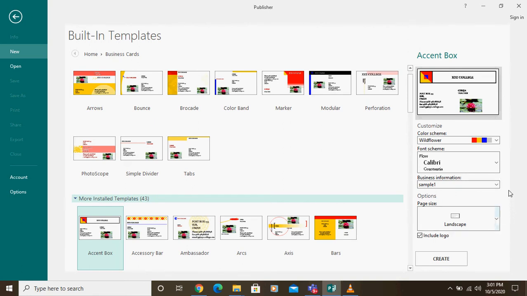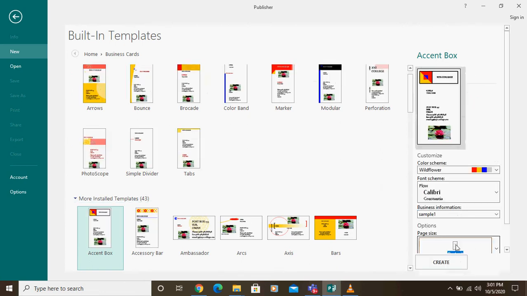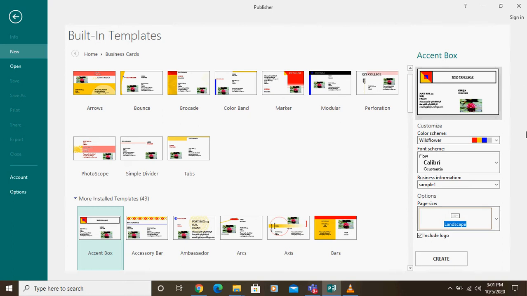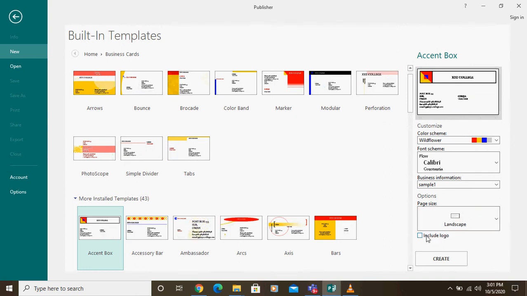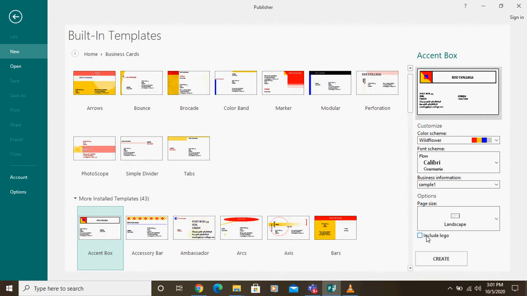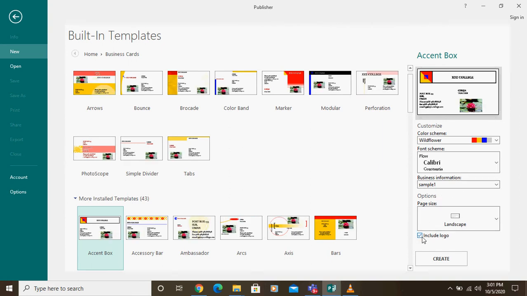The page is how your business card page size. Maybe portrait. If you want landscape, you can pick landscape. Clear or not? So this is a method I can do. Suppose I want to include this logo, so people see the logo here. If I say include logo, it is available. If you remove, logo is not there. Include, remove. Understanding? So if I want logo, I can keep it. If I don't want, I can remove it.